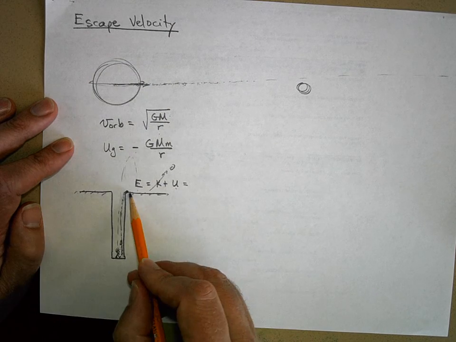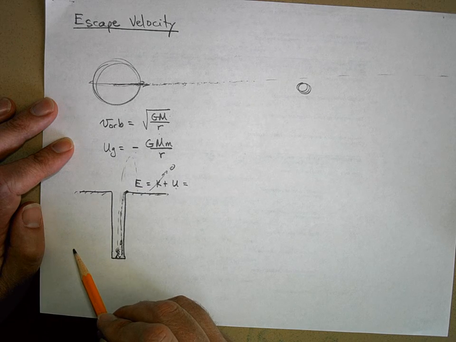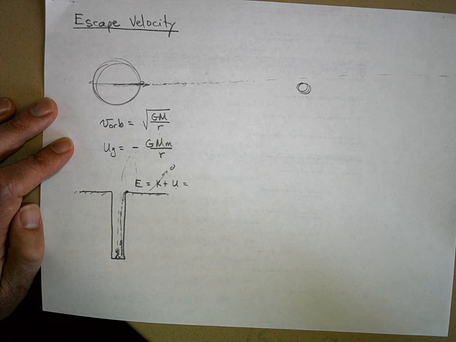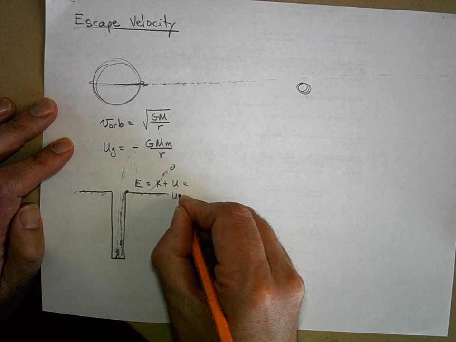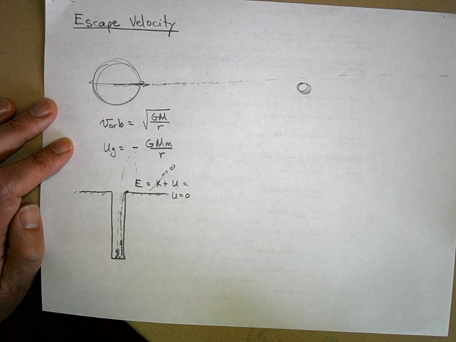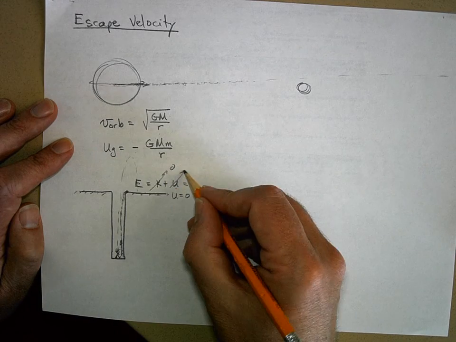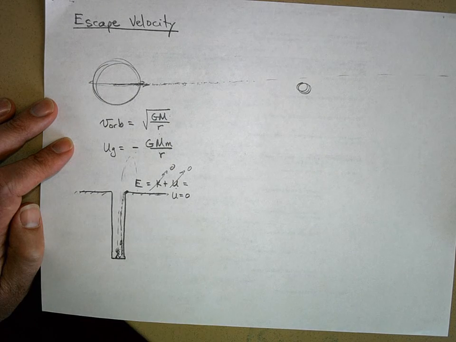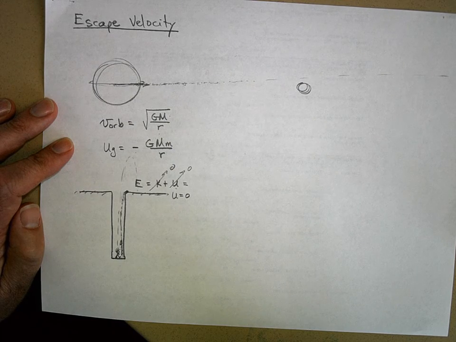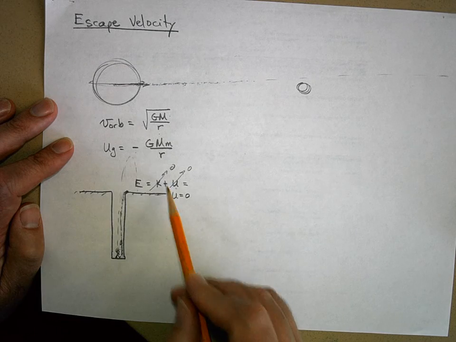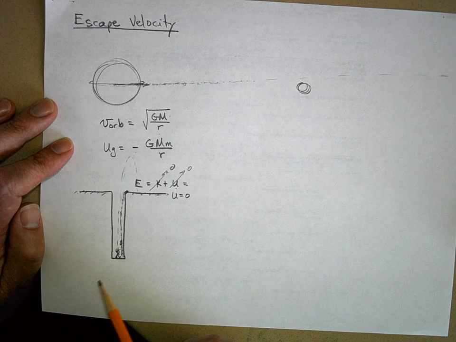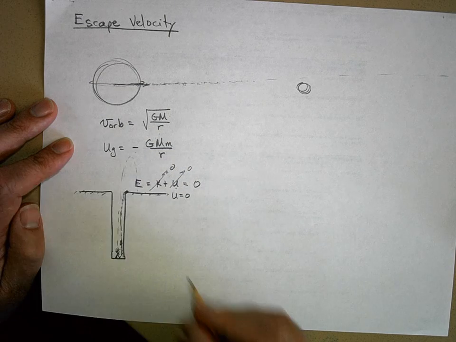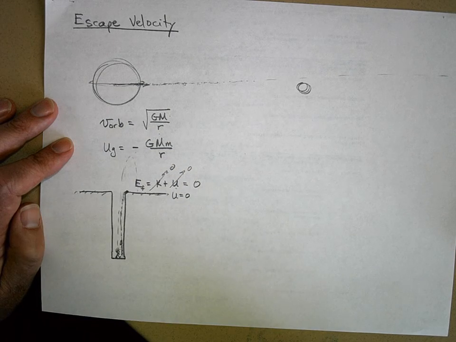And then our potential energy. Well, what is our potential energy if you're here on the ground? Zero. Well, it all depends on what you want to make it. But we're going to define potential energy to be zero right here. So the rock right here has zero mechanical energy. Okay? Because in most countries, 0 plus 0 equals 0. All right? Now this is the final mechanical energy of the rock.